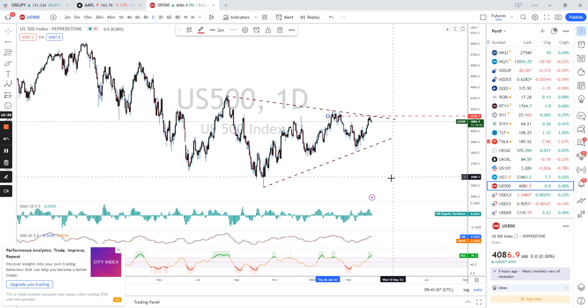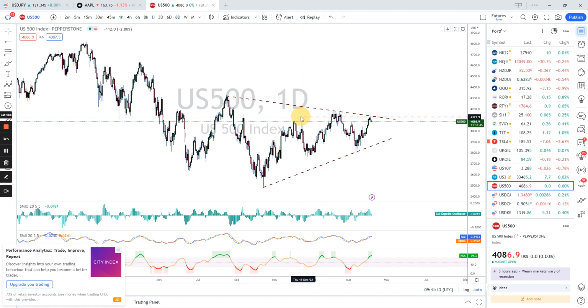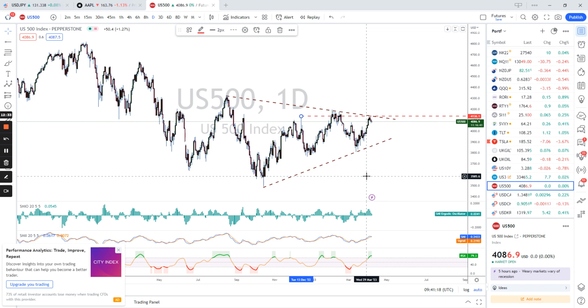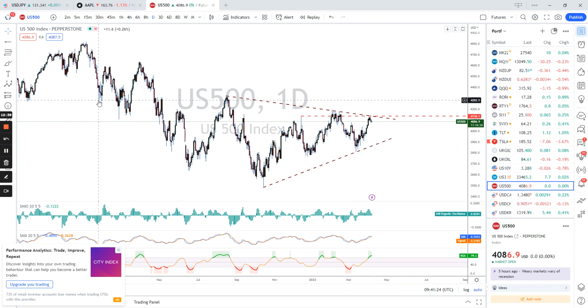It is 4,100, 4,200, or a zone between 4,100 and 4,200, and this one lower, which is now at the moment